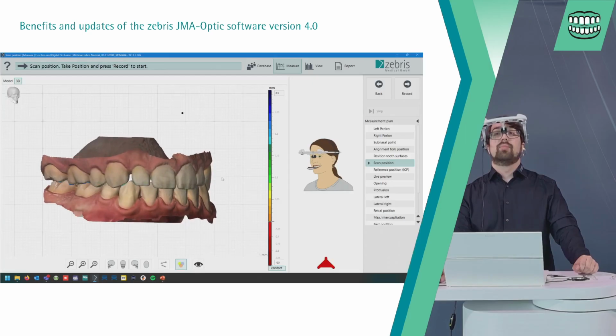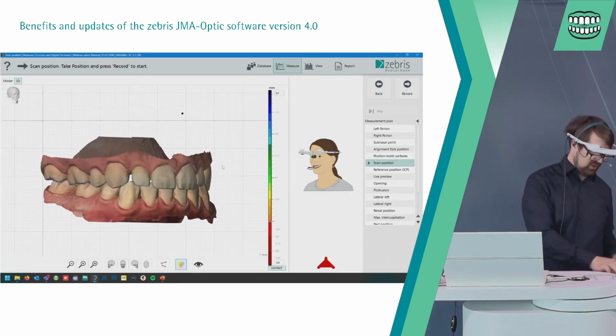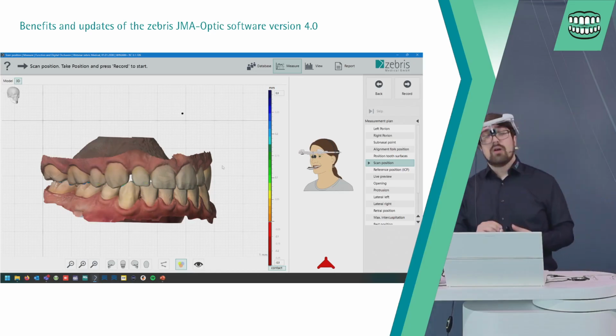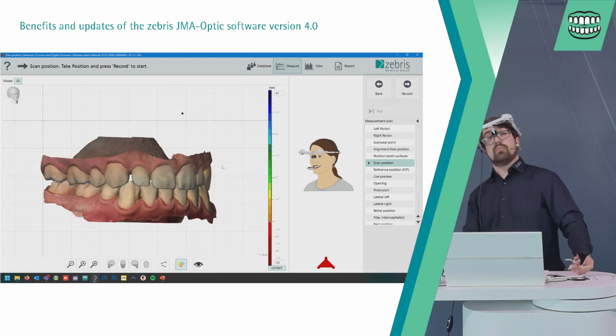And there we are. Now we are directly in the measurement, not in the test movement, where the software asks about our scan position. But why scan position?